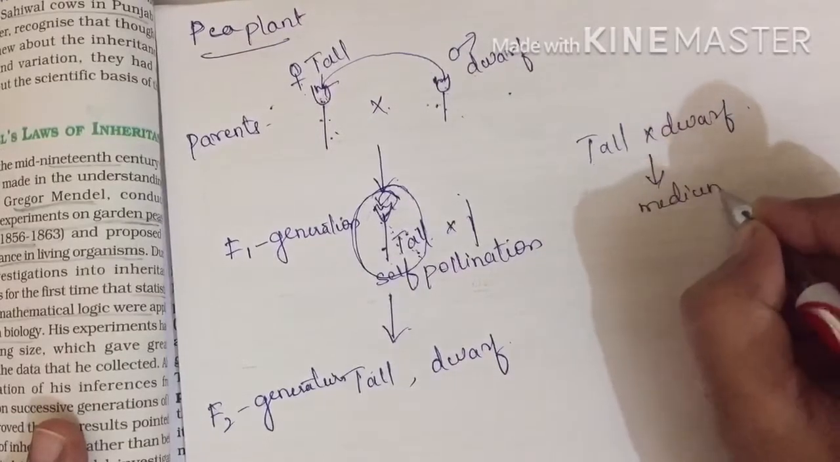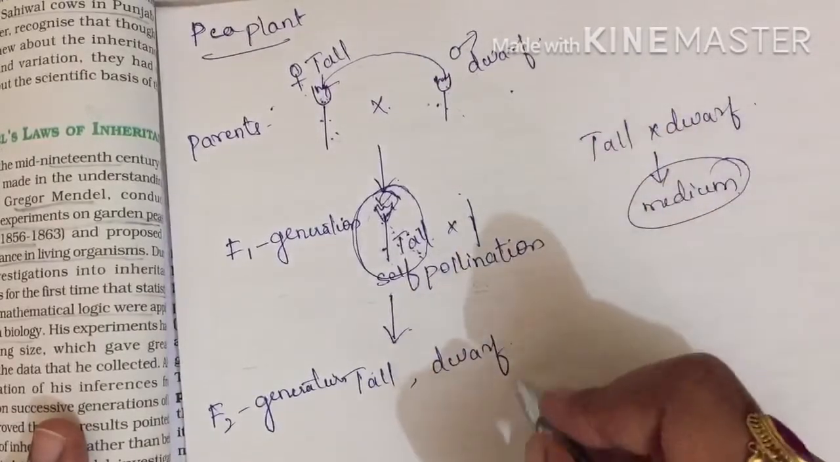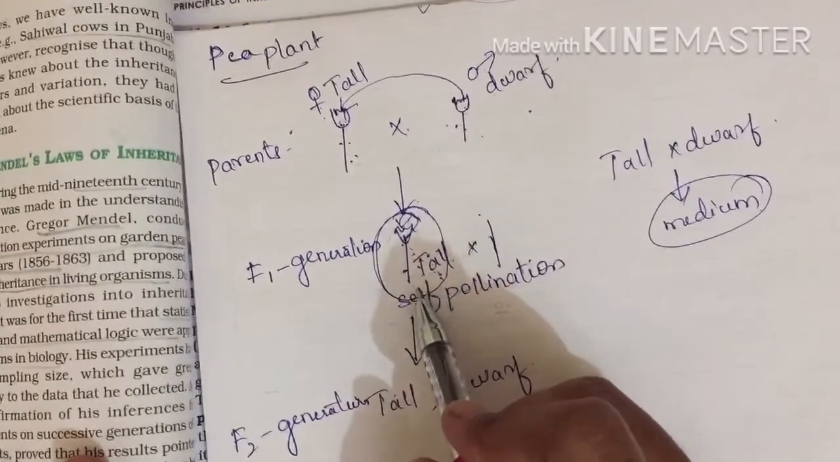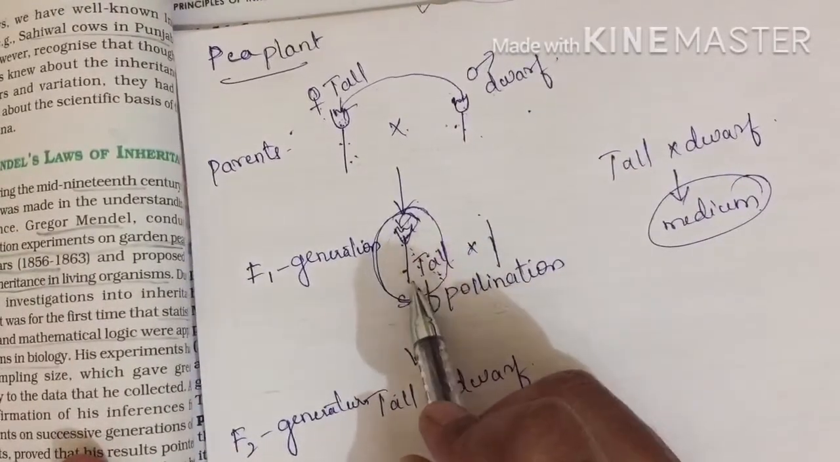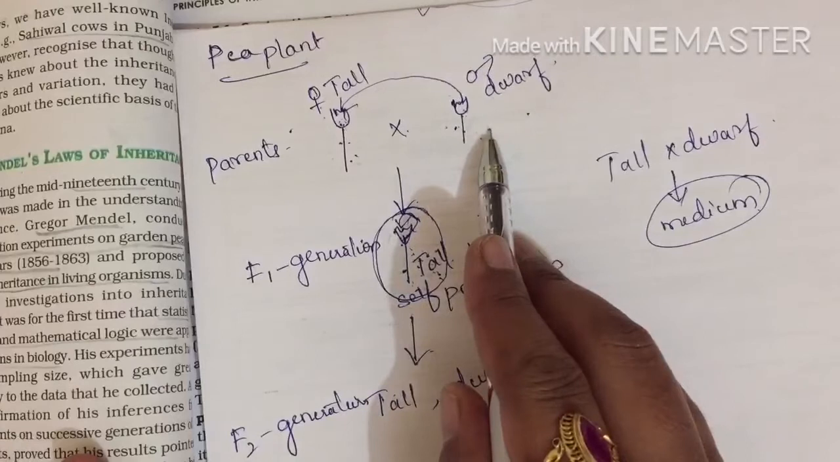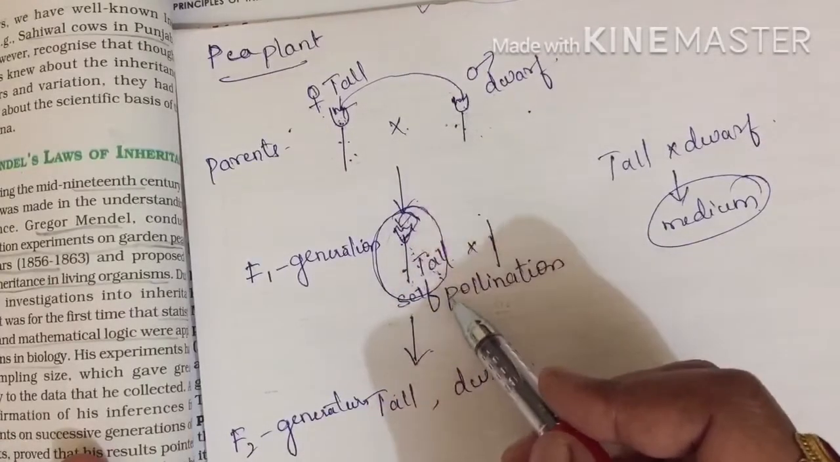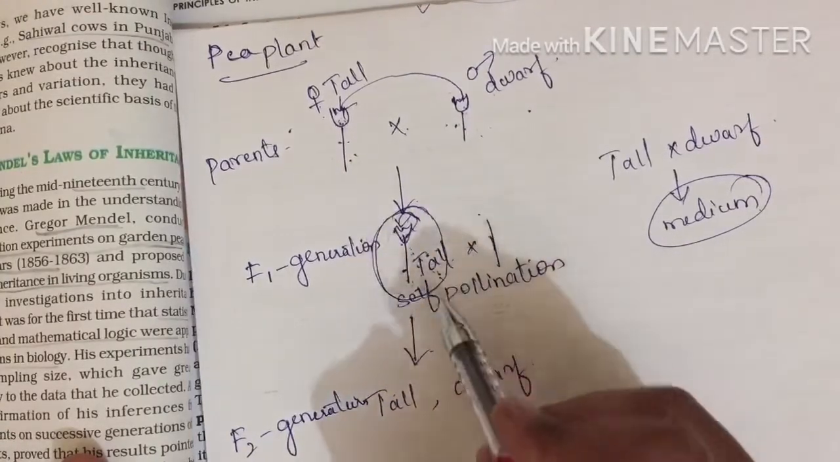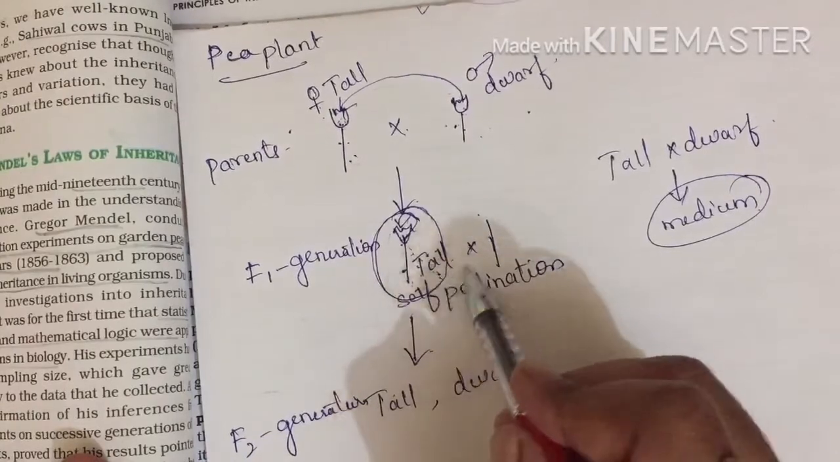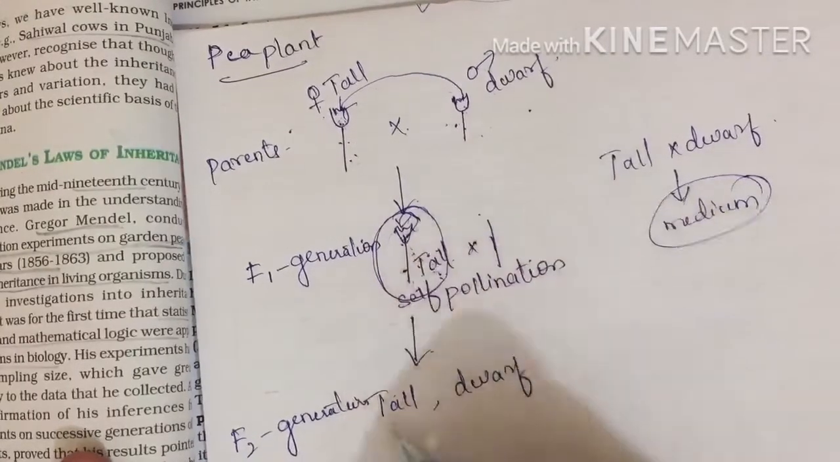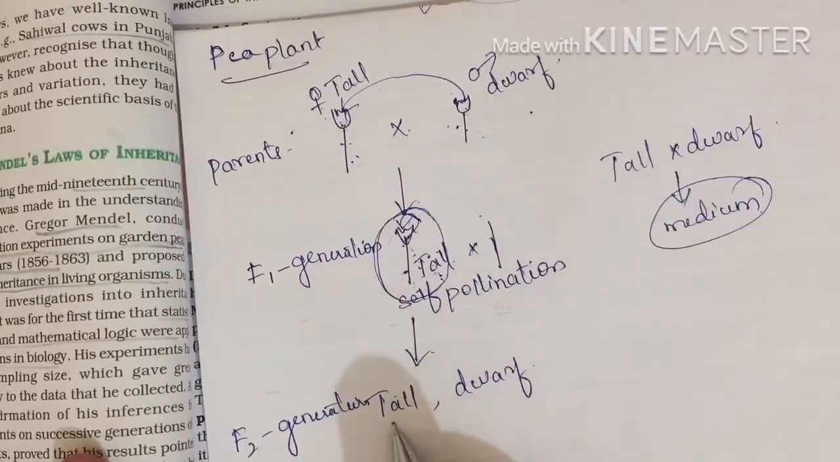We think of medium, medium sized plant. But what he got was only tall plant. So he was amazed to see why only tall plant, what has happened to the dwarf plant, or what it has gone through because of which he has got only tall plant. So for that reason he self-pollinated the same plant, and he found that in the F2 generation both the